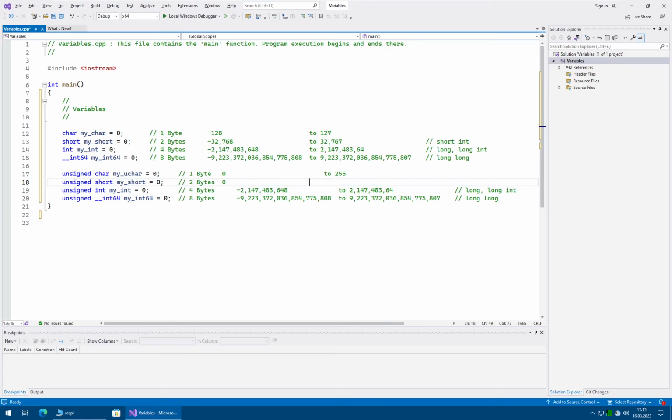0 to 65,535. And the rest, so this has for 0 goes to 4 billion something, 4,294,967,295. And one thing that probably you already noticed is that these are very odd numbers, so there does not